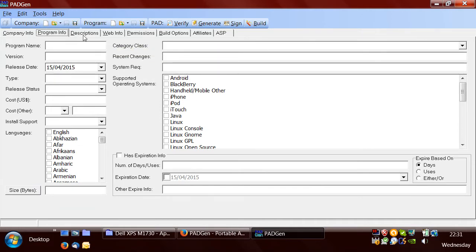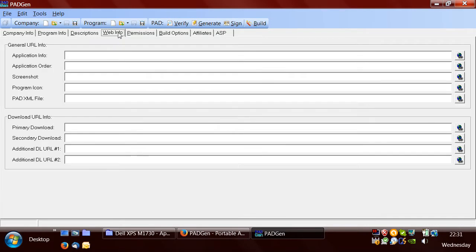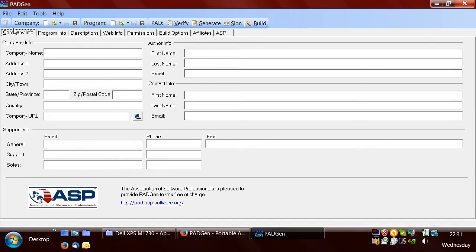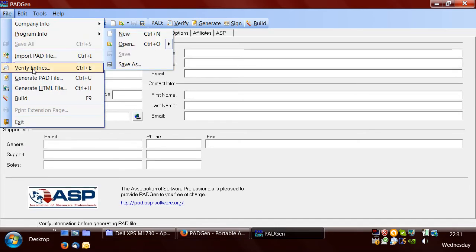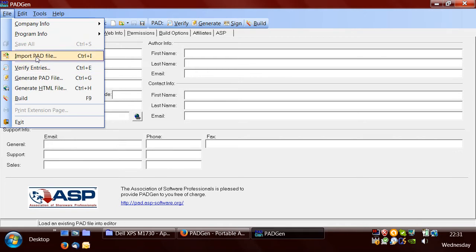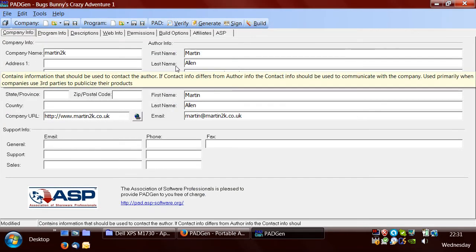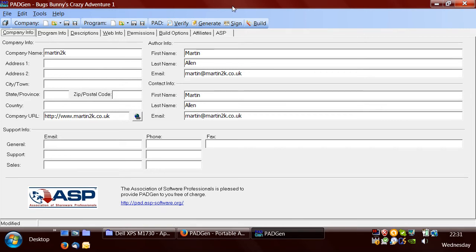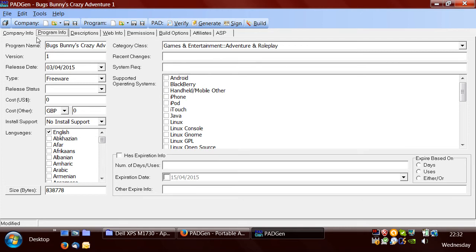Not all of these fields are mandatory. I usually just go up to here and then generate the file. So I'm going to open one that I've generated previously. This is for a game that I created. So all I've done on this first tab is the name of my website, because it's not really a company. Other details here, and this is the main tab, program info,